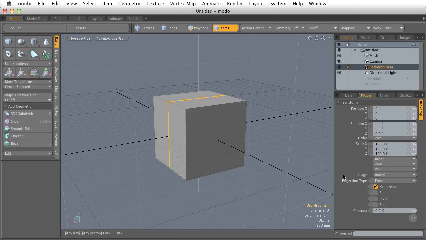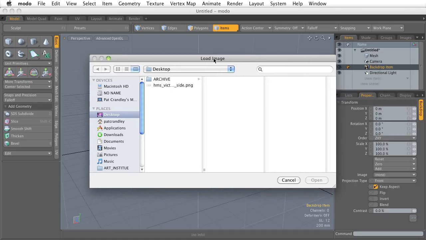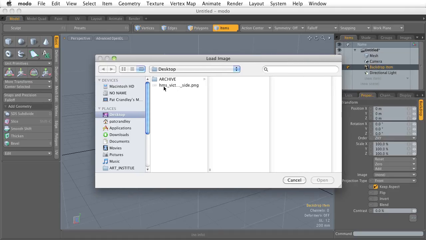First and foremost, let's go to this Image section right here. See how it says Image and None? If we click on this little pull-down menu, let's select Load Image because we want to import an image into our scene. Once we do that, we're going to get the standard import dialog box, and here's an image that